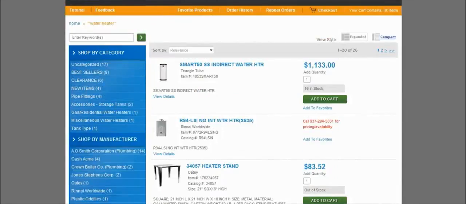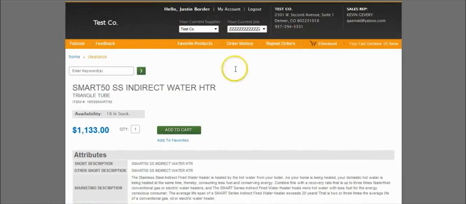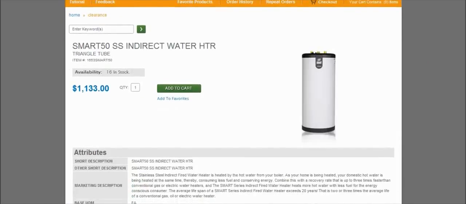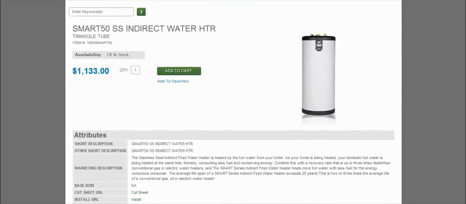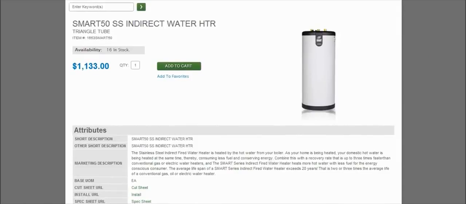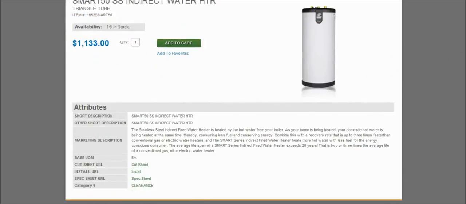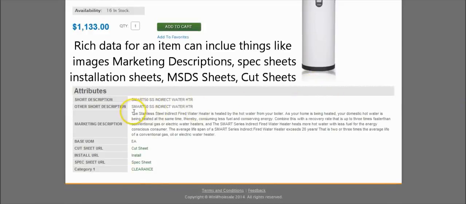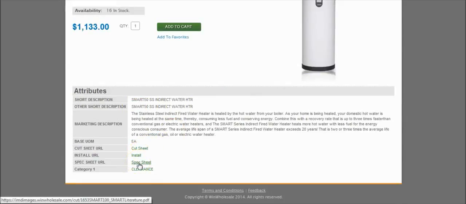If I wanted detailed information about that product, I could click on this link, and that provides a detailed page of this water heater, this Smart 50 indirect water heater. This provides an image, availability information, your price, and we have additional rich data, marketing descriptions, for example, a cut sheet, an installation sheet, a spec sheet. If, for example, I wanted to see the install sheet, I would click on the install link,